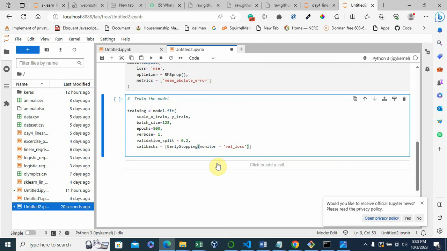This patience is equally a random number, so it's going to give it a while. It's not going to just see that there's no improvement. Maybe after one layer to the other, everything seems to have stabilized. It will wait for a while to ensure that the stability is not a false positive.